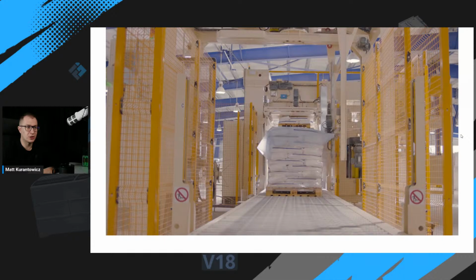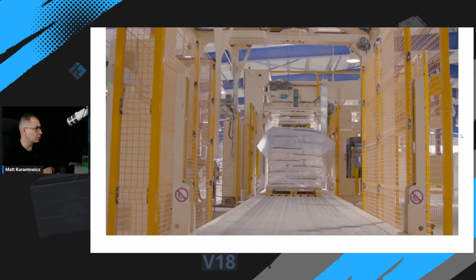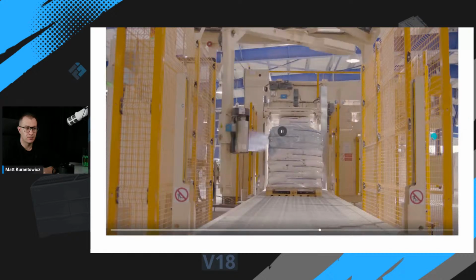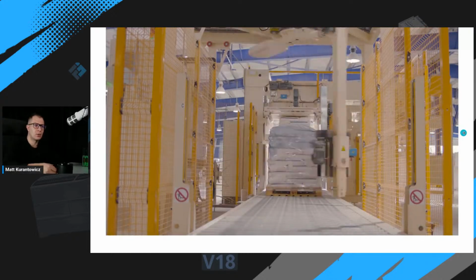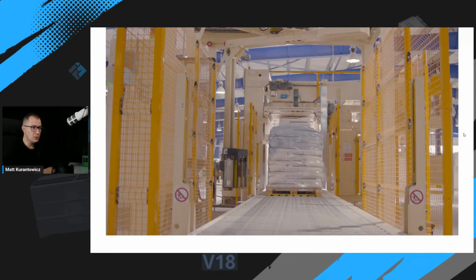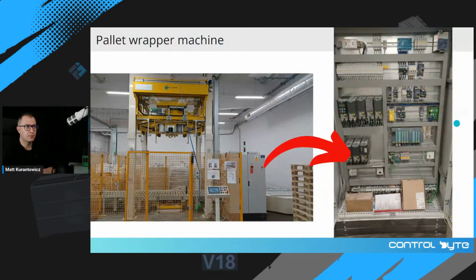This is our machine, and in our course we would like to explain how it works. Okay, this is a real machine, and if you see such a pallet wrapper in the factory, just close to